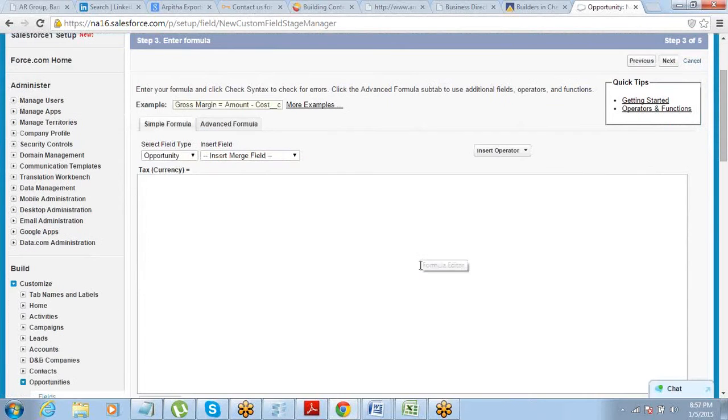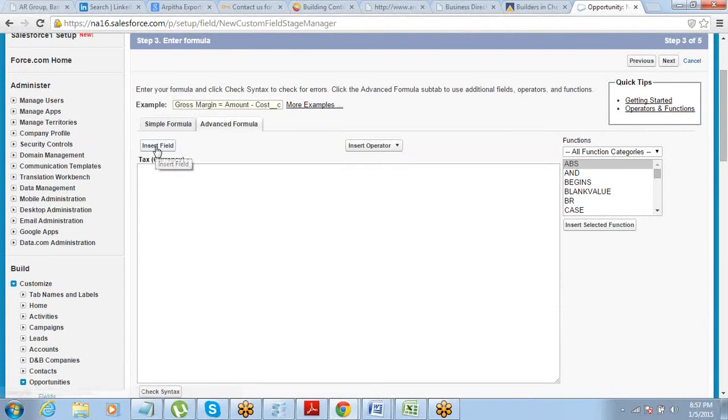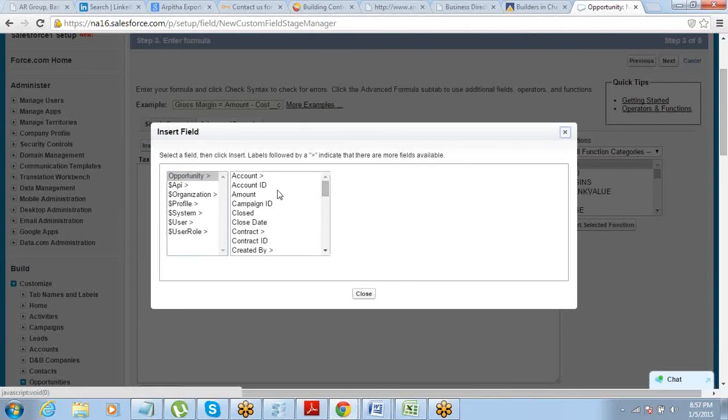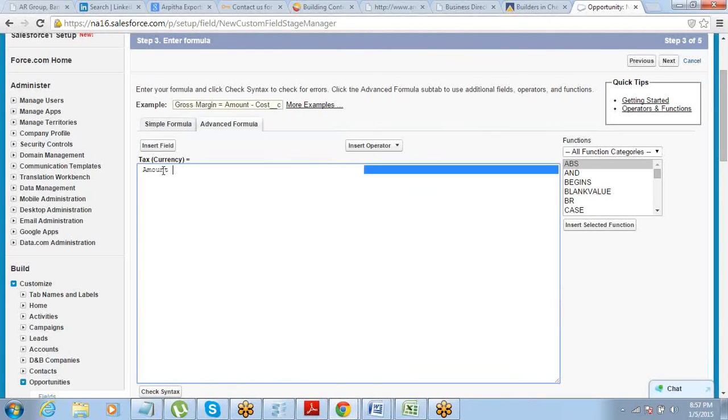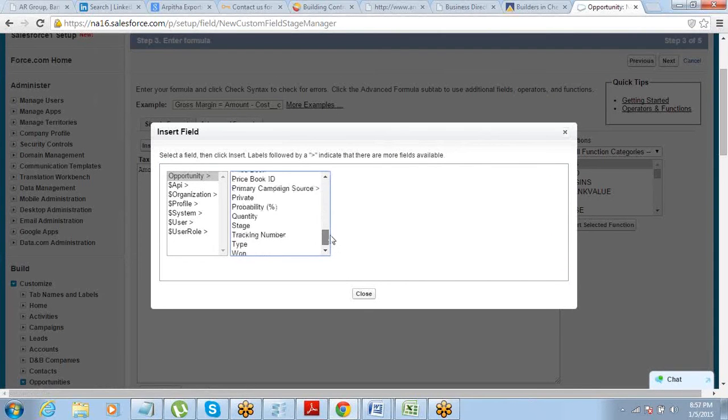Okay. And what is the formula? You can put the formula with the reference to the field. So you can insert the field that you want to refer to. You want to refer to the amount field. Click on insert. If you know the name of the field, you can straight away type the name of the field. But if you do not know the name of the field, then you can insert the field also from here. So see, tax equals to what? That formula needs to be written here in this big box. So if you are searching for any particular field, you do not remember the name, you can easily select the name from here. Got it?